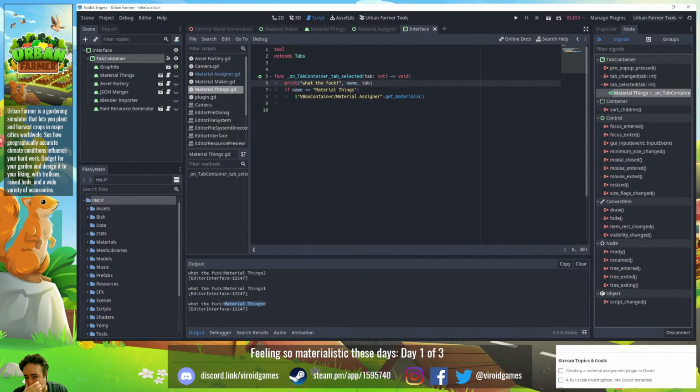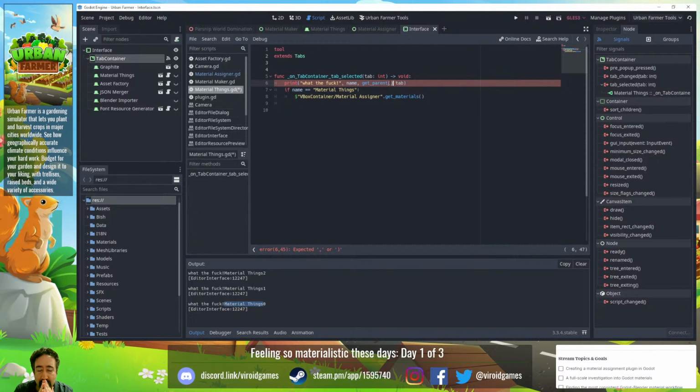Oh, the name is the script's name, hence material things. It's not exactly the object's name. It's not the tab's name. Because all of these are running the same script, the script name will be material things. In essence, this is what we should have done perhaps. Get parent in this context is going to be giving you,